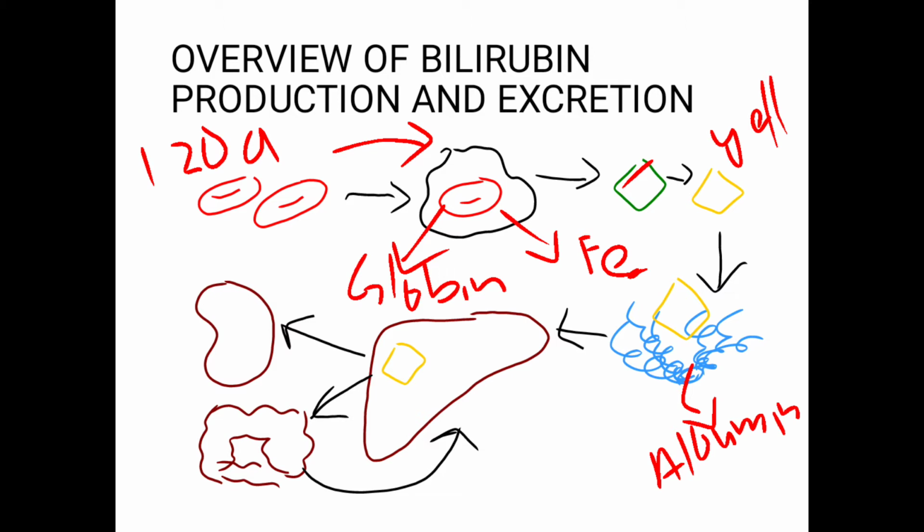When it's secreted in the bile, we know the bile helps in fat absorption. The remaining bile goes down to the intestines, and about 80% is deconjugated by the colonic bacteria and converted into urobilinogen and ultimately into stercobilin. The stercobilin is the pigment which gives the feces the dark brown color. About 20% of the urobilinogen is absorbed by the intestines and taken up by the liver for further production of bilirubin, and the remainder is converted into urobilin, which is excreted in the urine.